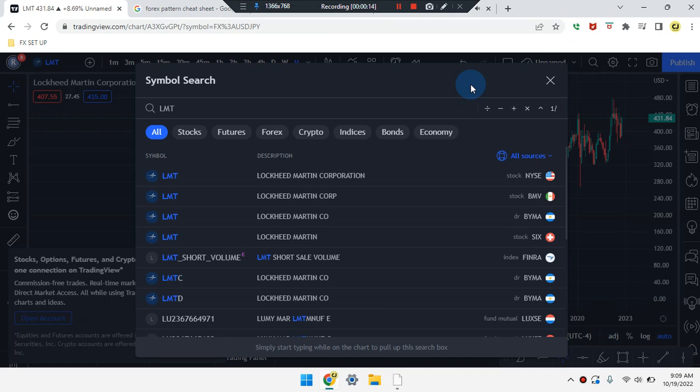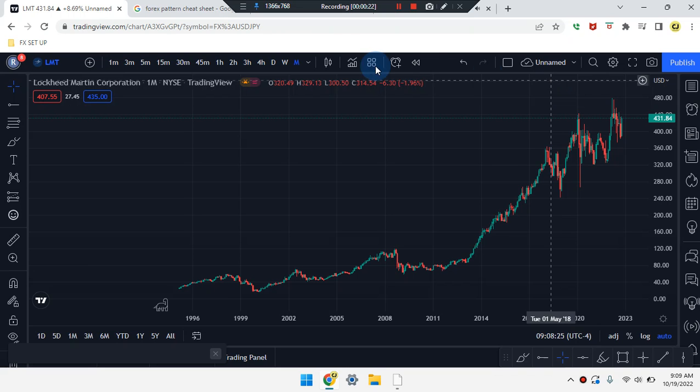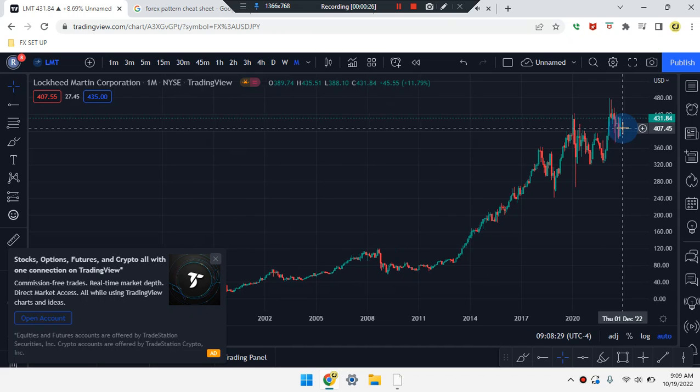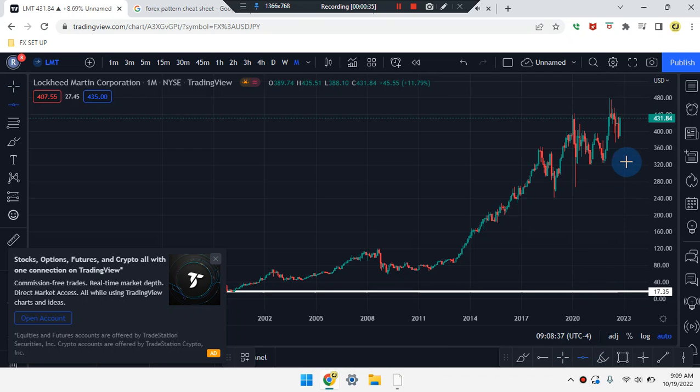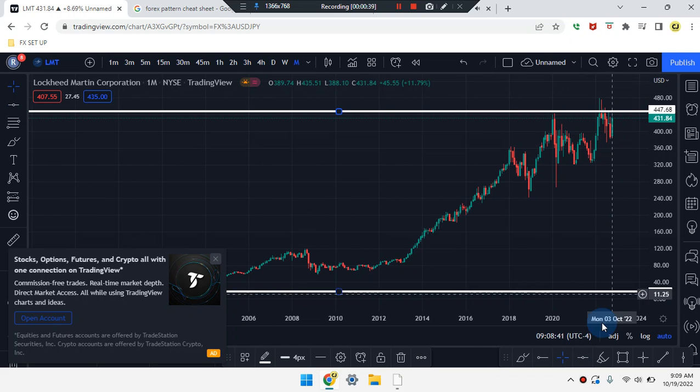Okay, everyone, this is Cam Jones, FX Daily Analysis, and we are marking up LMT stock. We are on a monthly time frame. Price action, last candle to the right-hand side is a bullish green candle coming from an area of support. So we do have price action, lower lows, price action, higher highs of that area,